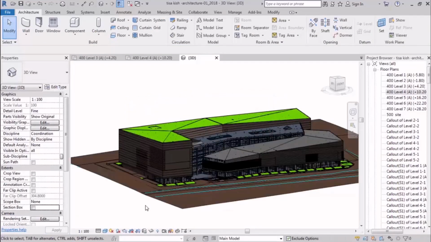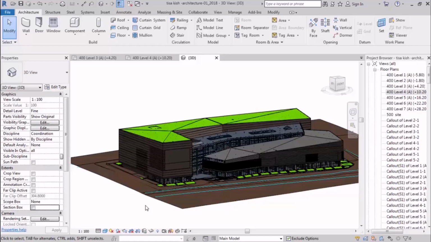Section box based on a view. Alright, section box based on a view. For example, you need a section box that only shows your level 3, and it can be so useful to design, for example, the diagram. We want each level to have a specific 3D or section box. If you want to have a special section box for a view, for example, a specific level,